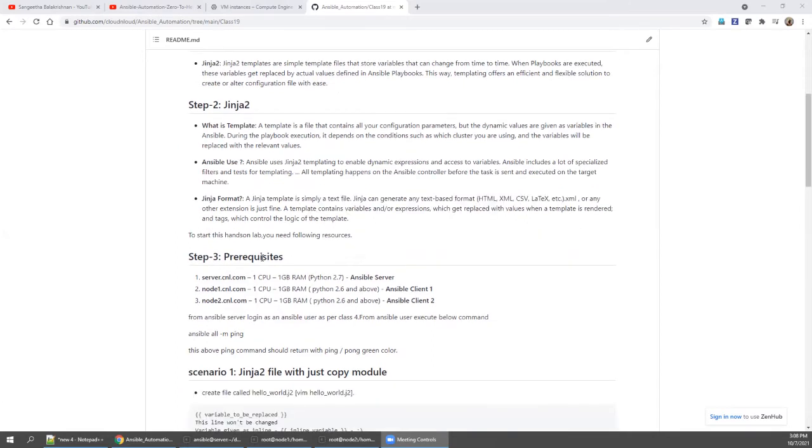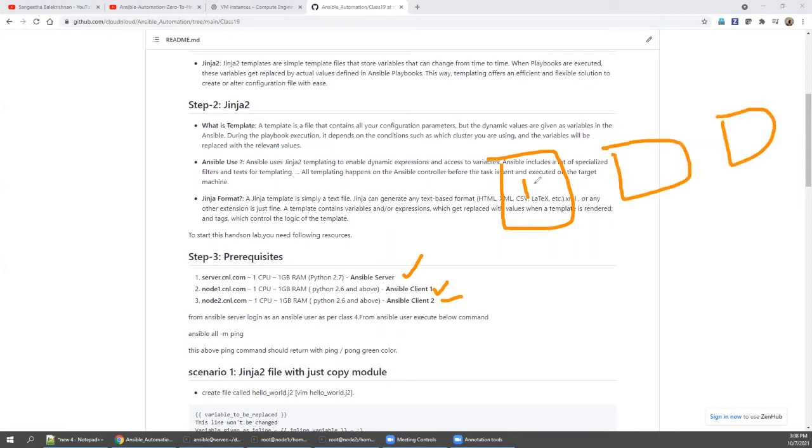All you need in your lab is one Ansible server and a minimum of 2 clients, Ansible client 1 and Ansible client 2. From the beginning, we have been discussing this. So you need one server, which is the server; managed node 1, which is client 1; and managed node 2, which is client 2. From this, if I run ansible all --list, I should see all the clients.